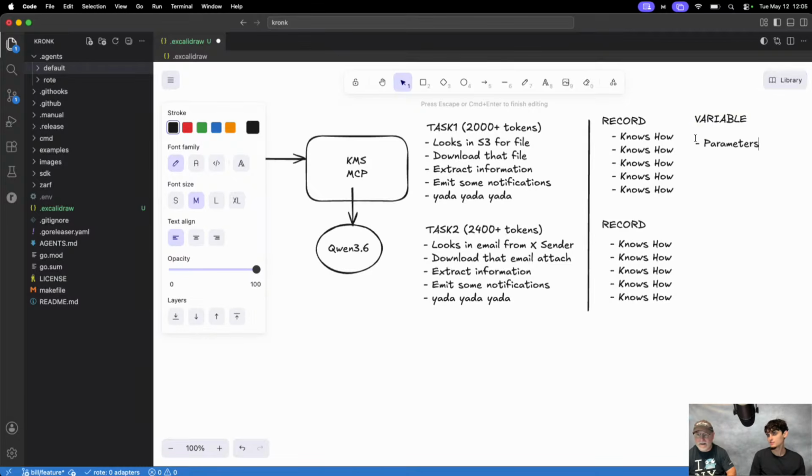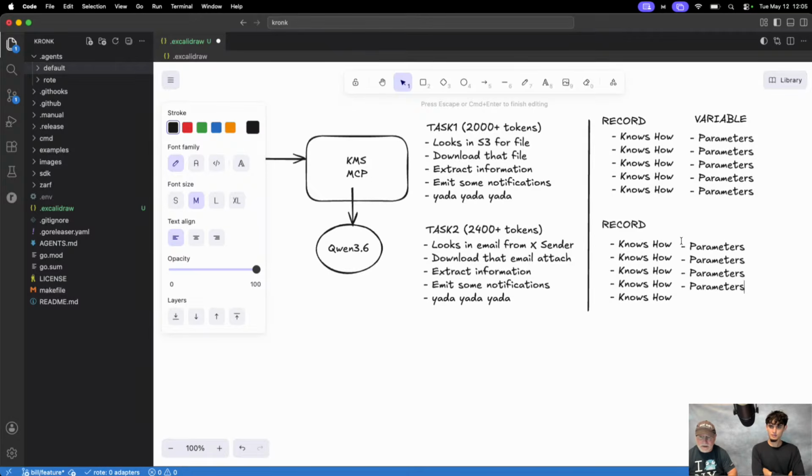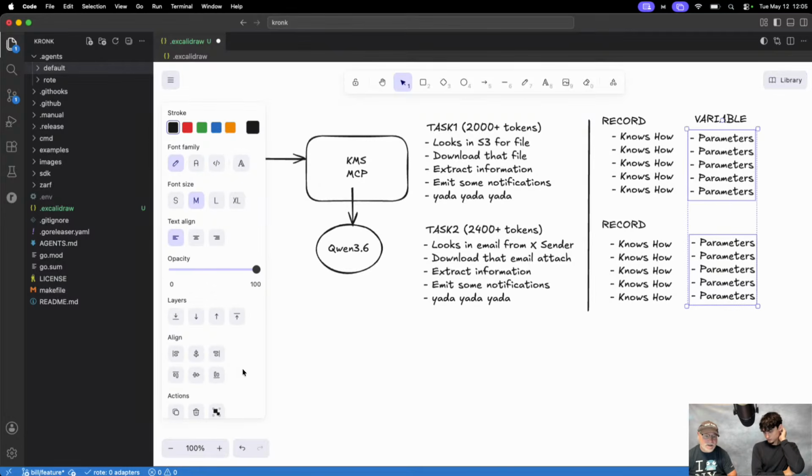It knows where to put them already. It knows how to do it. Now it's a matter of what the parameters are to do all these things. That's the unknown.